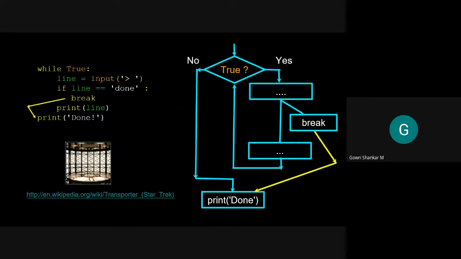If you see the flowchart here, when the condition is true, it is executing these statements. After executing this, again it is going to the loop. Like this it continues, and when it encounters a break statement, we will be coming out of this and it will go and print "Done". This PPT, as I told you, is available on cy4e.com. You can take this simple program and try it.